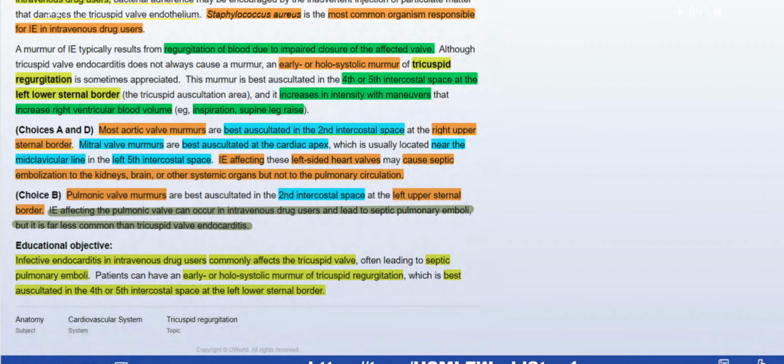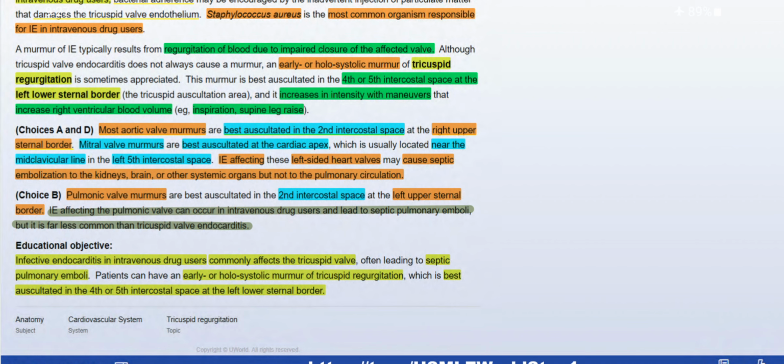Okay, why not option A and D? Aortic wall murmurs are best auscultated in the second intercostal space, right upper sternal border. Mitral wall murmurs are best auscultated at the cardiac apex near the midclavicular line, left fifth intercostal space. Infective endocarditis affecting left-sided heart walls may cause